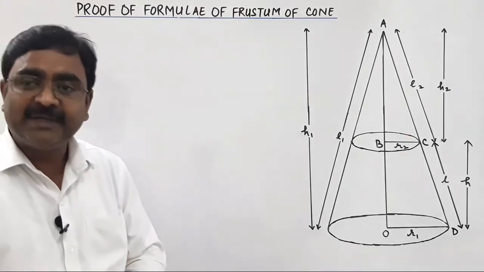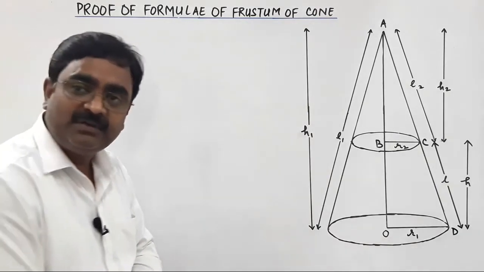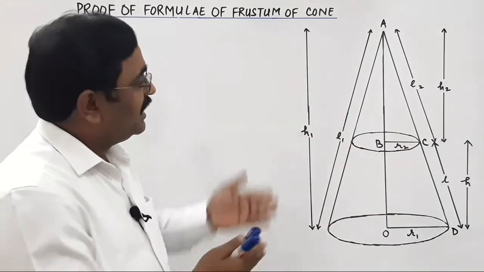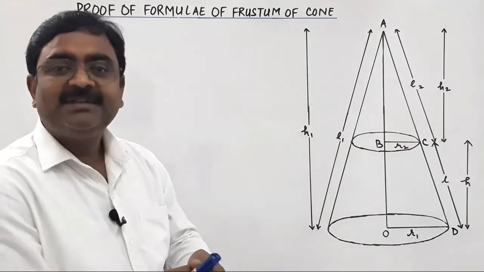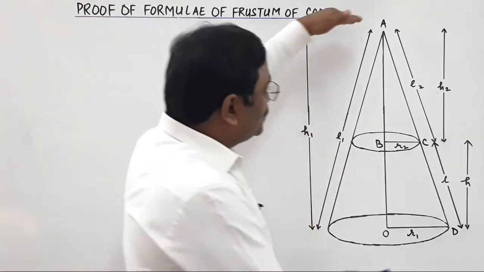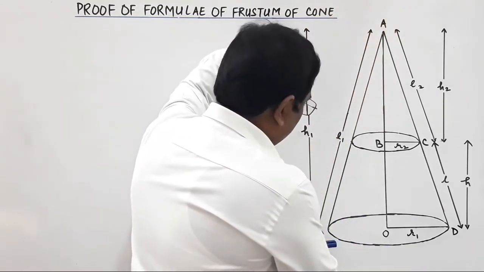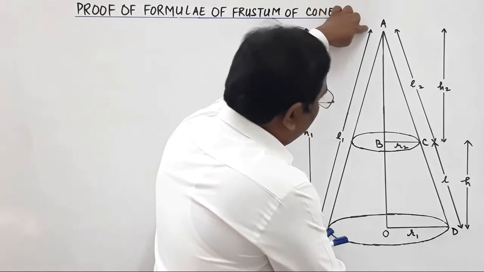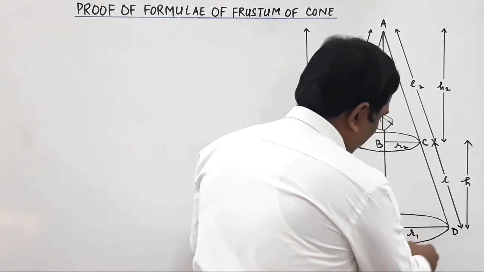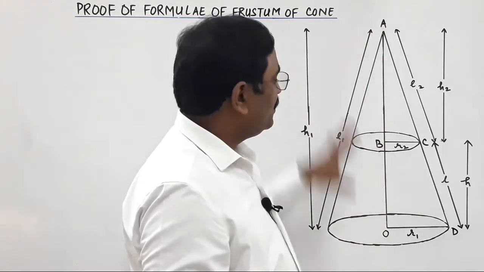Let's see how to get the volume, curved surface area and the total surface area of the frustum of the cone. So to prove this, I made a cone, and after cutting it you will get a frustum of cone. This is the full cone having height h1, slant height l1 and the radius of the base is R1. This is all about the full